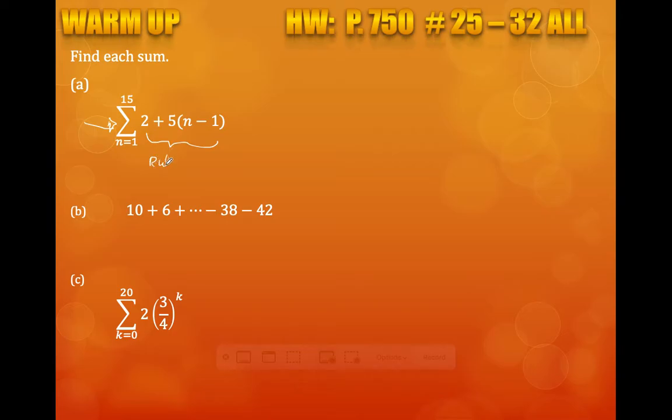This is the rule for the sequence. And the sequence is being turned into a series because this notation, summation, says you are supposed to sum all the terms of the sequence, which means you've turned your sequence into a series. So hopefully you recognize this as arithmetic,